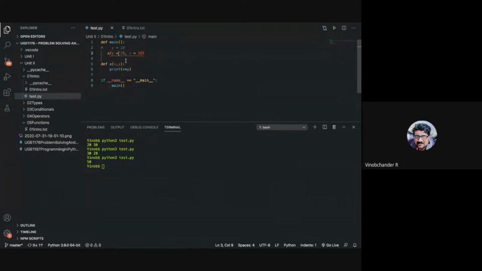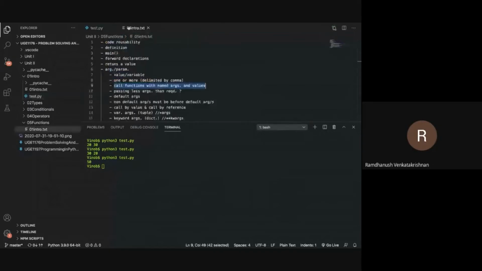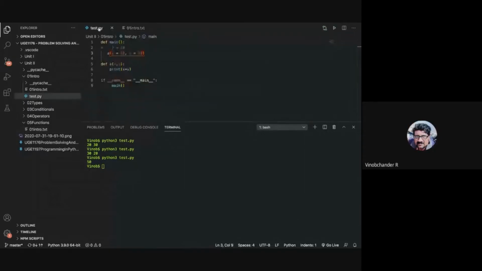Okay, all others clear? Any doubts on this? Sir, the last definition you wrote will make it a default argument, right? Can you be clearer with your question, please?